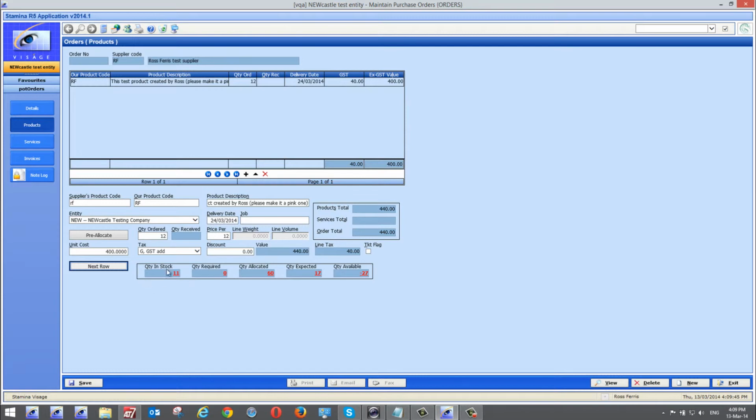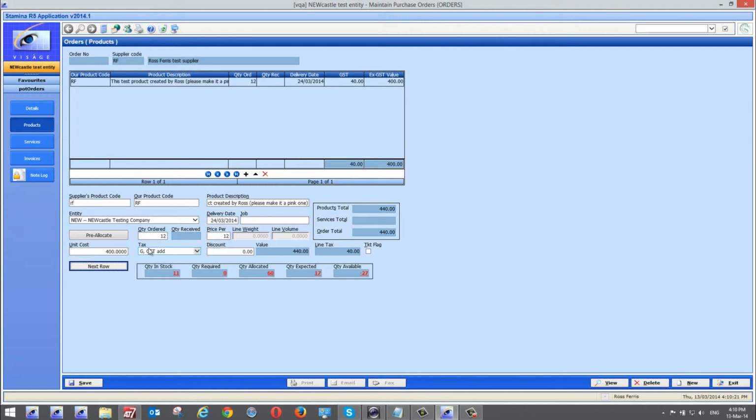Now you'll notice I've moved on to the next row field. I did that because if I had come down to the cost field and hit enter or tab, or hit the tab button to move to discount, if I use the tab or enter button, I'll go to this next row field. And whilst we say normally that you can use the tab or enter button interchangeably, it's not the case here. Where you see a highlight around a button on the screen, the tab and enter buttons behave quite differently. If I was to use the enter button,